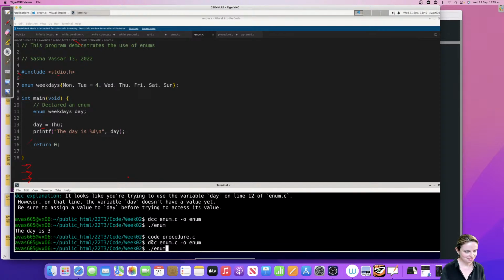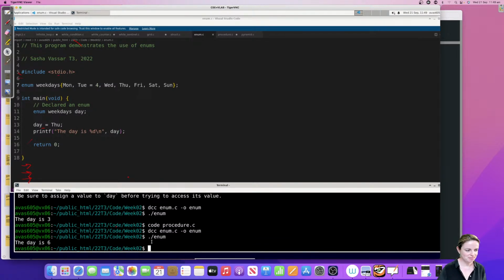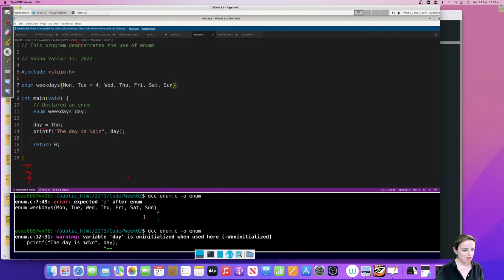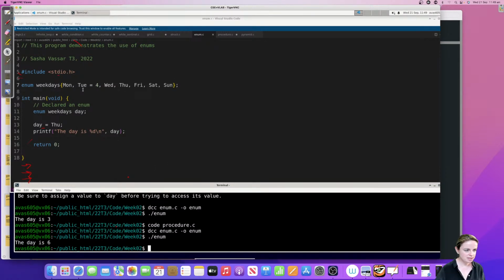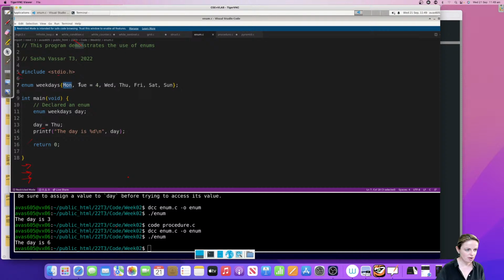Clever poppets. Very clever. Okay, so the thing with enums is, if this is still 0, this is now 4. What it does is it adds 1 onto the previous one. So it's going to go 0, 4, 5, 6, 7, 8, 9. So it always just adds 1 more.